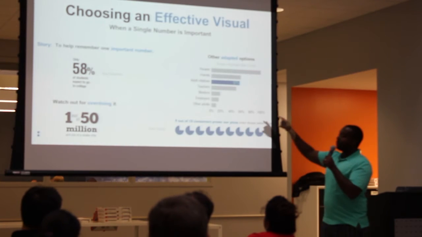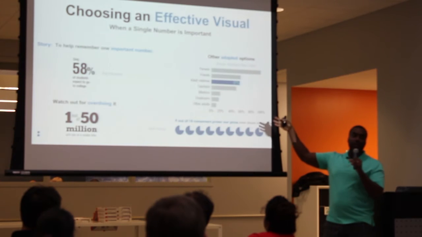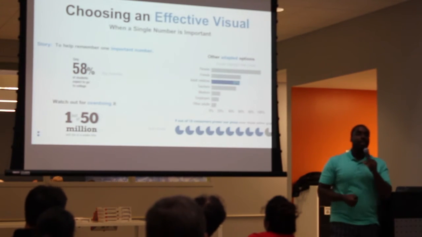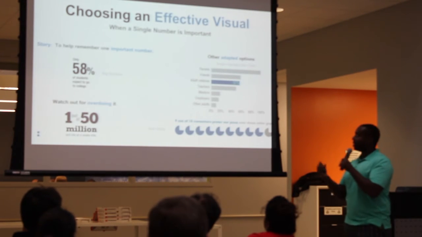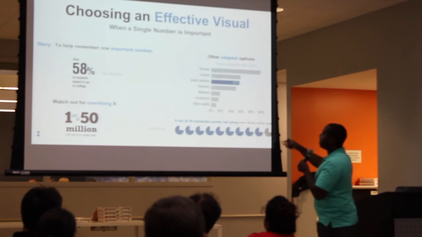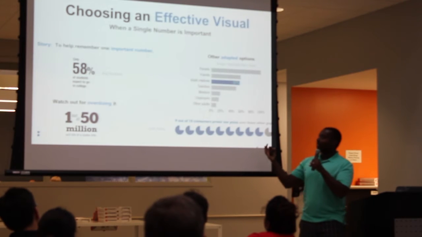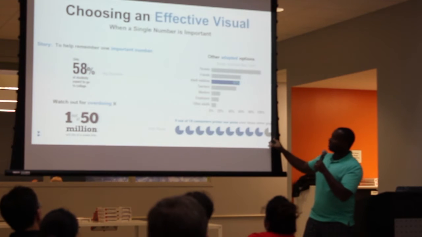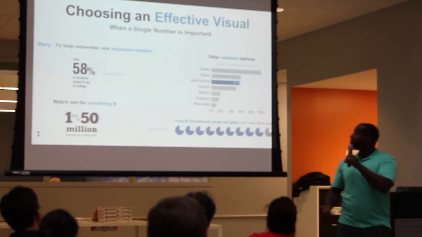There are some adapted options as well. And so here we have a bar chart. But this isn't your typical bar chart, it's adapted to show one important number. So you can do things like this to tell a story even with visualizations that are not focused on one number. And icon arrays add context to what you're talking about. This is, 9 out of 10 customers prefer our pizza, and so you see the 9, this is 10, and these are like pizzas. They look like Pac-Man to me.